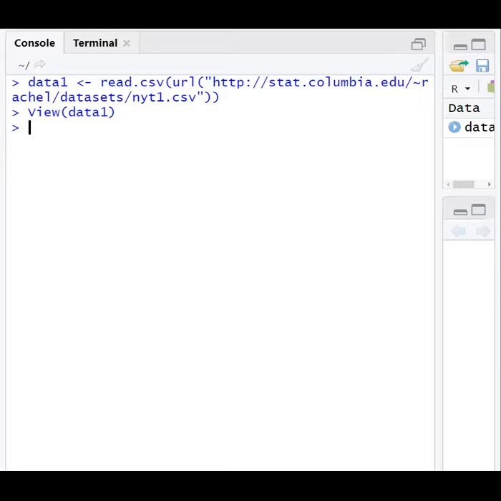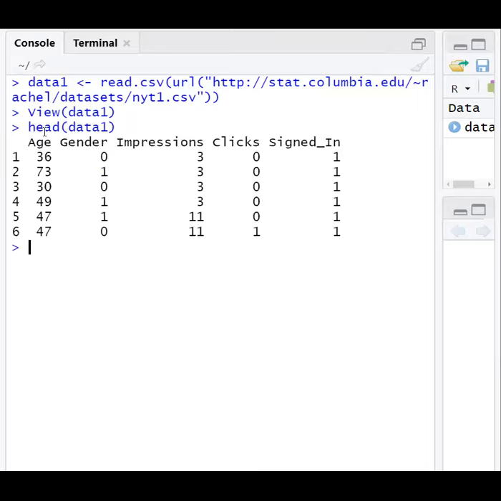In order to create that, there is one more method we shall look at, the head method. So head of data one: this method will load 6 rows from the data. You can observe 6 rows are loaded here, along with the header.